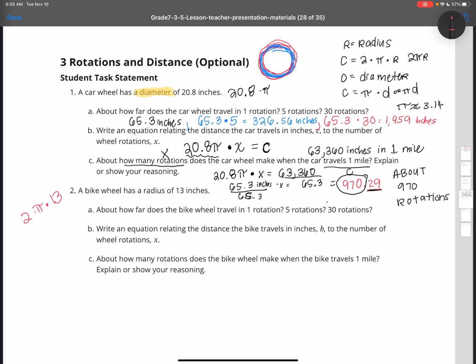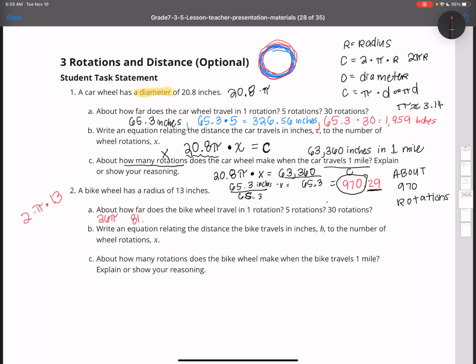Now, I know when I was in school, I used to just automatically multiply the 2 times the radius to figure out what the diameter is. And it's like 26 pi. And if you wanted to find the approximate answer, you multiply it. So it'd be 3.14 times 26. And it'll give me